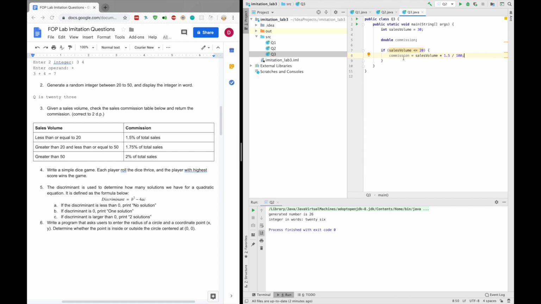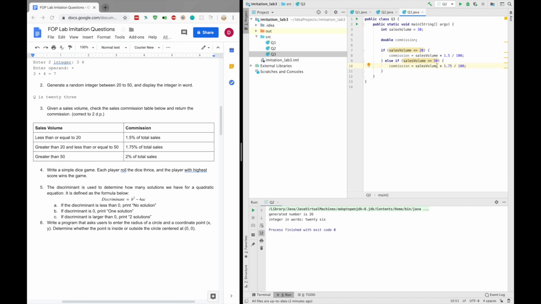So this would be the commission for the sales that is less than or equals to 20. That's based on the table. We are going to complete the other two statements. If sales volume is less than or equals to 50, then the commission should be sales volume times 1.75 divided by